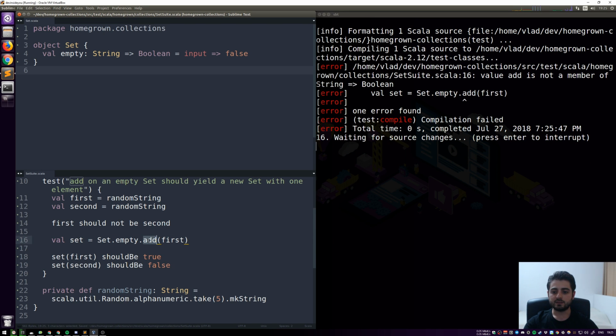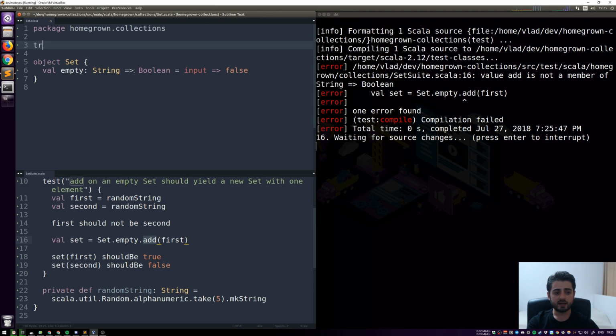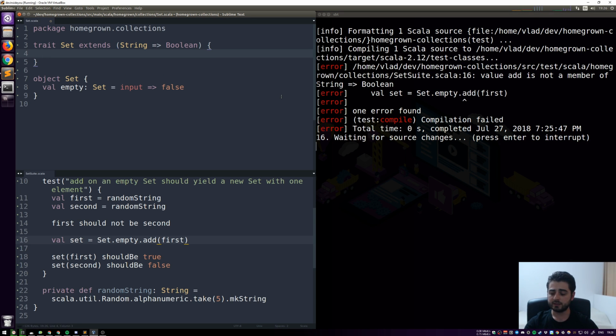All right. Now it tells us add is not a member of function string to boolean. So now we need a bigger boat. Just having a function is not enough. So we're going to have a trait, a trait set, and this object is going to be the companion of that. This trait set is going to extend this function, so we cut this out, paste it over here, copy that, paste it over here. Now this is a trait, and we can do whatever we want in there. So we're going to have a final def add,